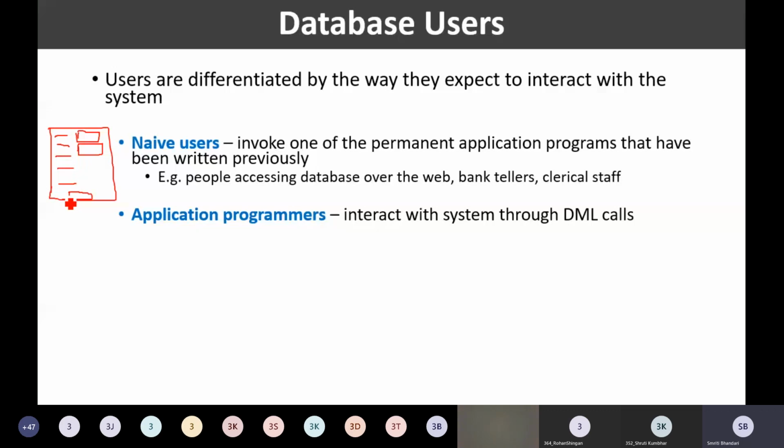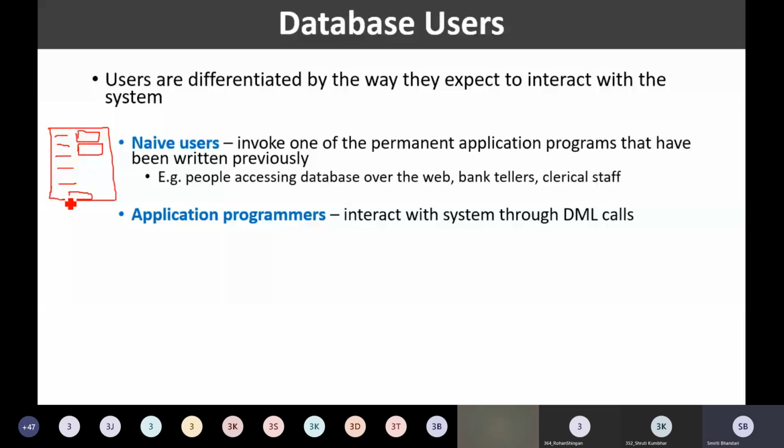Correct? So if I want to have such a functionality, who is going to generate or create that report? The application programmer. Who is going to write the code for that report? The application programmer. So the application programmer will provide me that functionality. So the coding part, or creation of a new report, will be done by the application programmer, right?